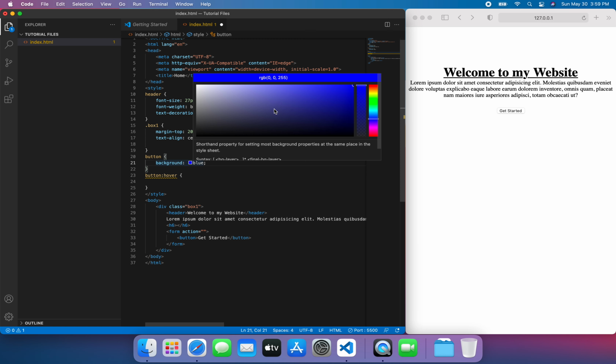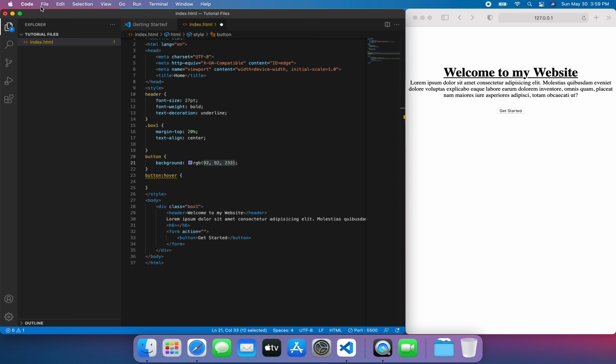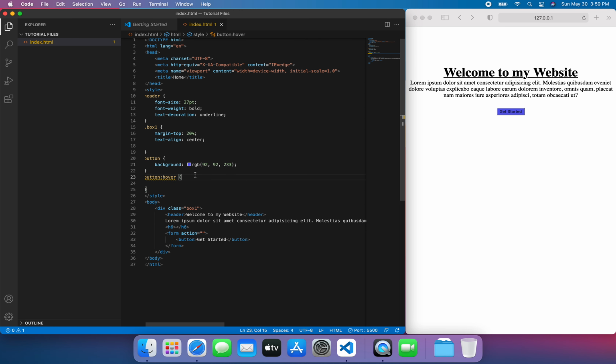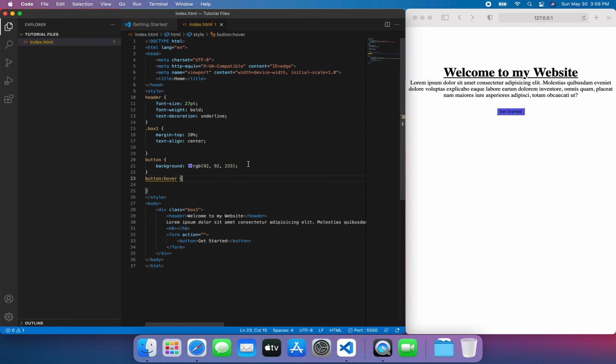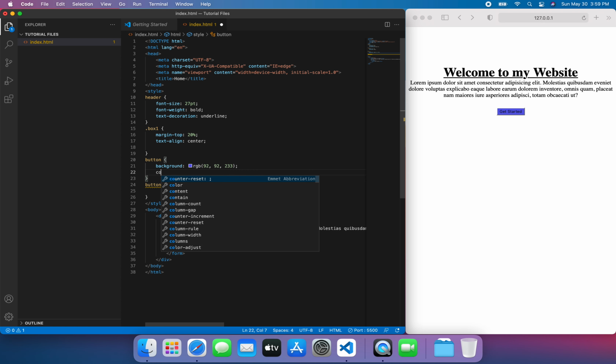So we could hover over our little color icon over there and it'll let us edit it. I want my button though to be sort of a lighter blue, kind of like that. And I also want the text inside of our button to be white. So to do that, we just say color white,